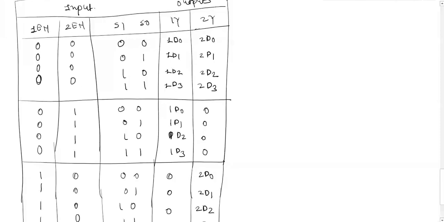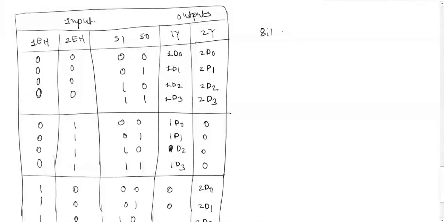Is the truth table clear? Do you understand the truth table? If you understand the concept of the truth table, there is no need to memorize it. When the first enable signal is 0, then with the select lines 00, 01, 10 and 11, the first multiplexer's data inputs are selected as the output. When the second enable signal is 0, then at that time the second multiplexer's outputs are selected as the outputs based on the select lines.